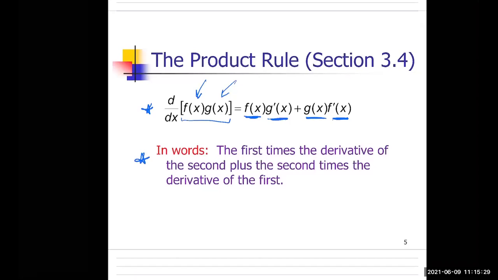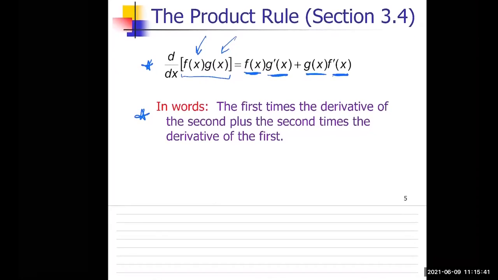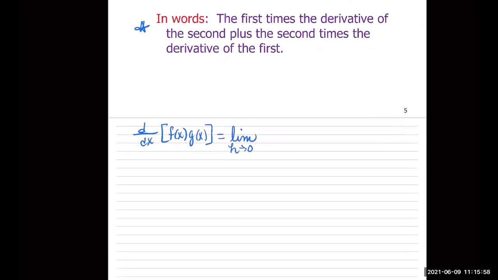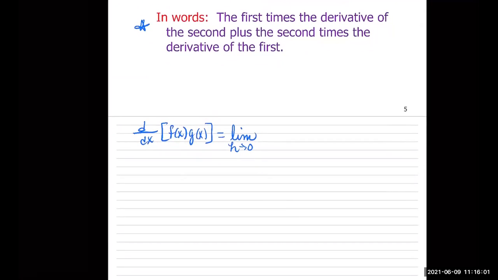And before we go on, I want to show you that that comes from the definition of the derivative. Everything that we do is going to go back to that definition. So I am going to find the derivative of this product using the definition of the derivative. And so we know that the definition of the derivative says that you're going to find the limit as h approaches 0. And you need to plug in x plus h into your function. So notice if I plug in x plus h here, I would have f of x plus h times g of x plus h